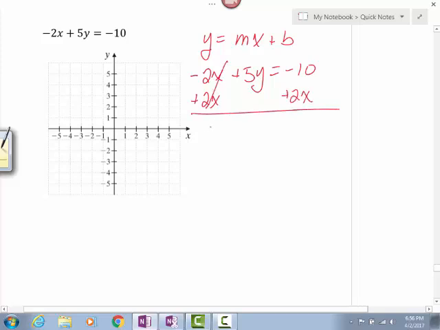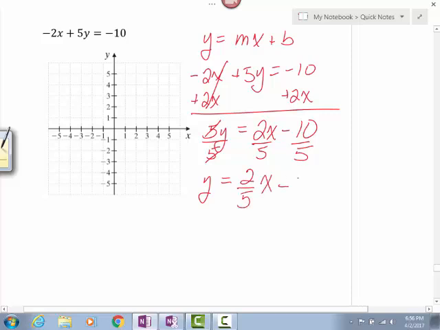So those will cancel. That's going to leave me with 5y equals 2x minus 10. Notice I can't combine them because one has an x, one doesn't. My last step here is I need to divide everything by 5. So these 5's will cancel. That's going to give me y equals 2 over 5 x minus, 5 goes into